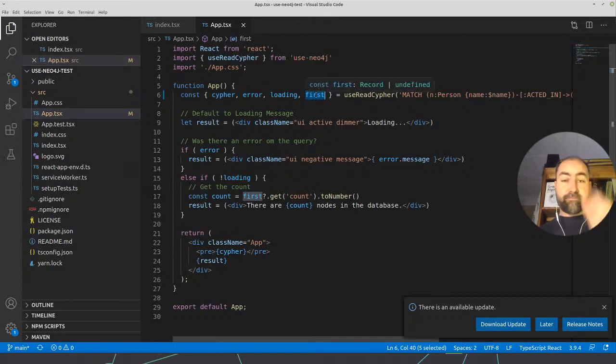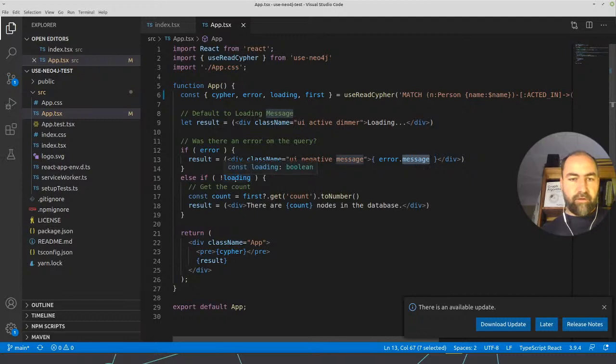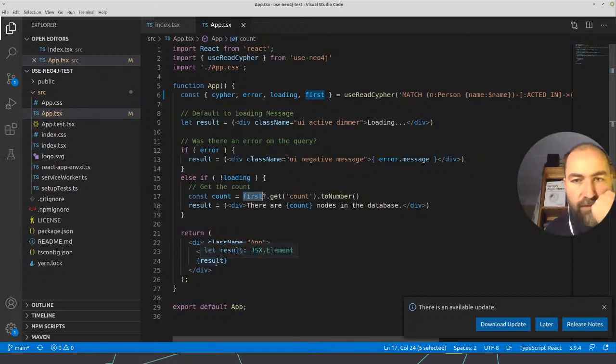So you can check for loading, and if there's an error, you show the error, and if it's not loading, we get our count back from our first record and output this. And the loading thing is interesting.